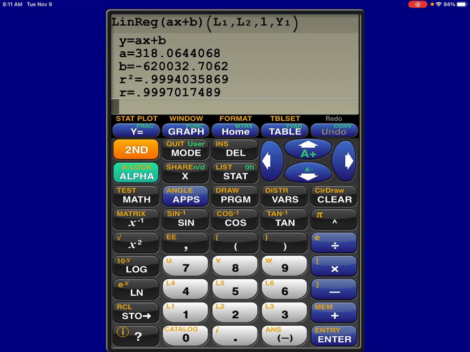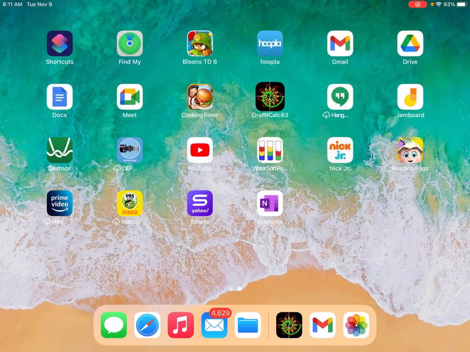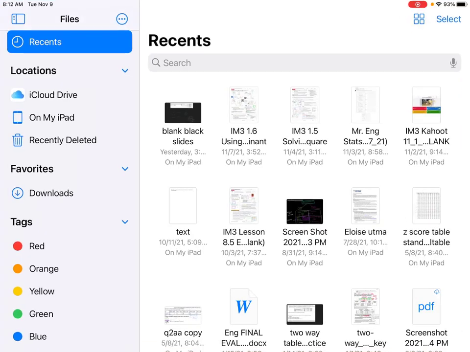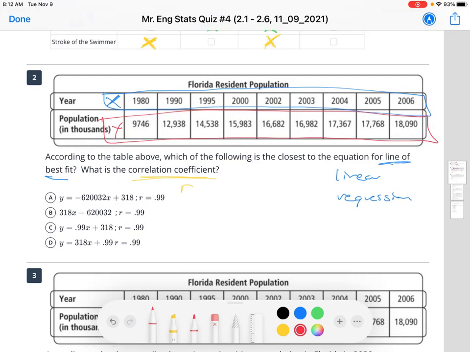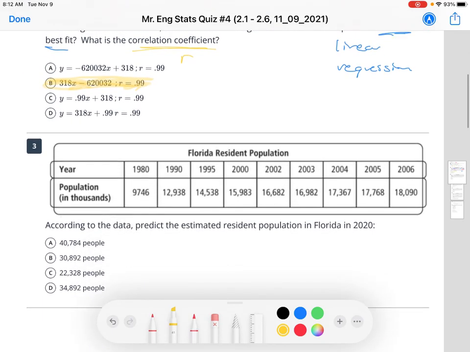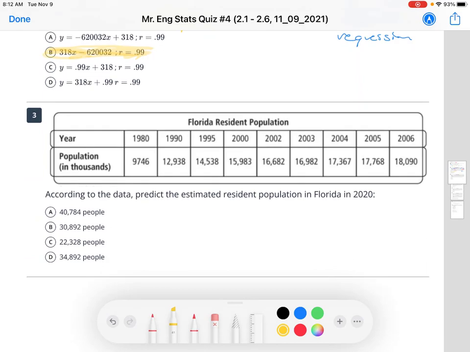Okay, so another thing, let's just go back and answer that question wherever I put it. Here it is. Okay, so this one's going to be choice B. Now it's kind of weird because this one does not have y equals in front of it, but that's okay. For question number 3, according to the data, predict the resident population in Florida